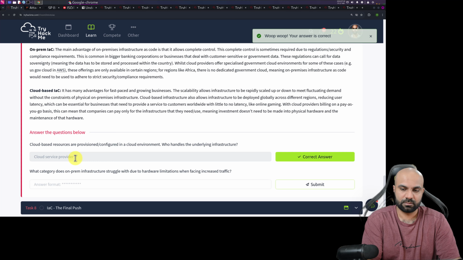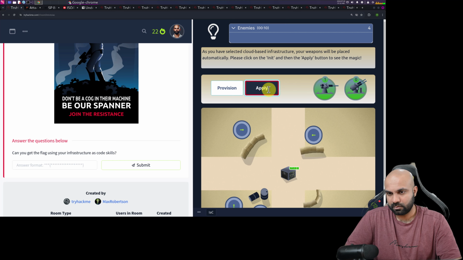So can we increase it? Okay. So we have land weapons only. I have a land weapon here. Okay, we are provisioning.